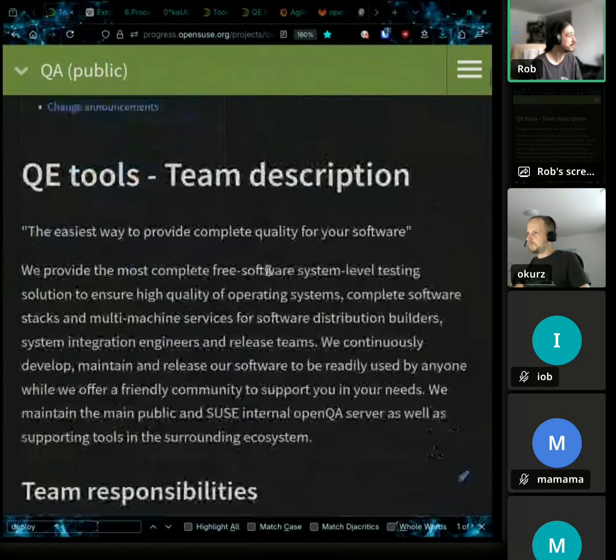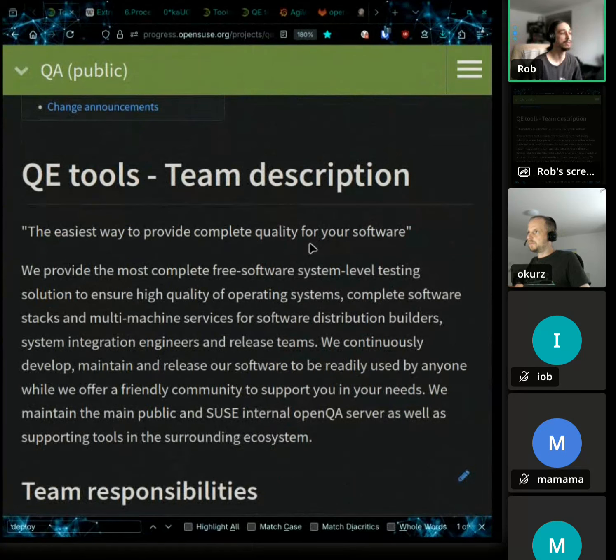And today we are going to talk about how we at the QE Tools team use Agile work frameworks and aspects of different frameworks within our daily work. And for this, I will show you